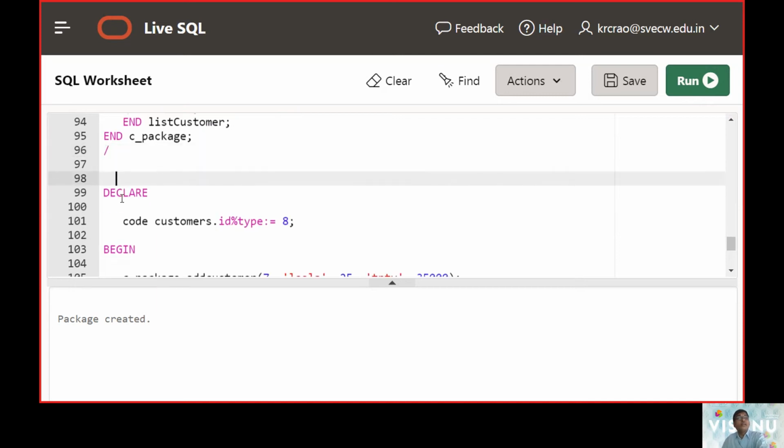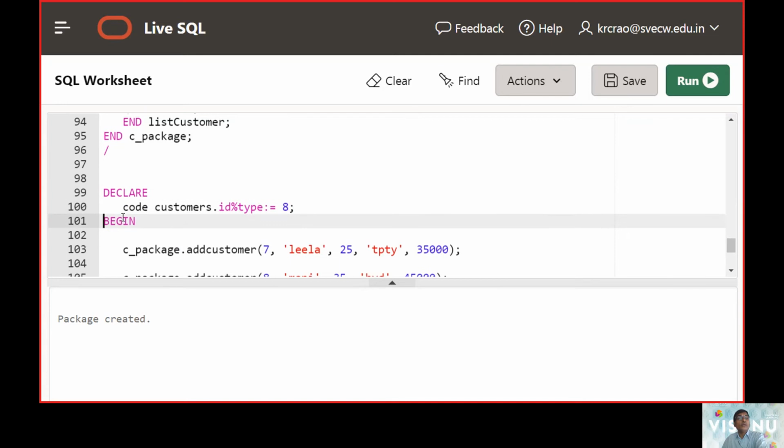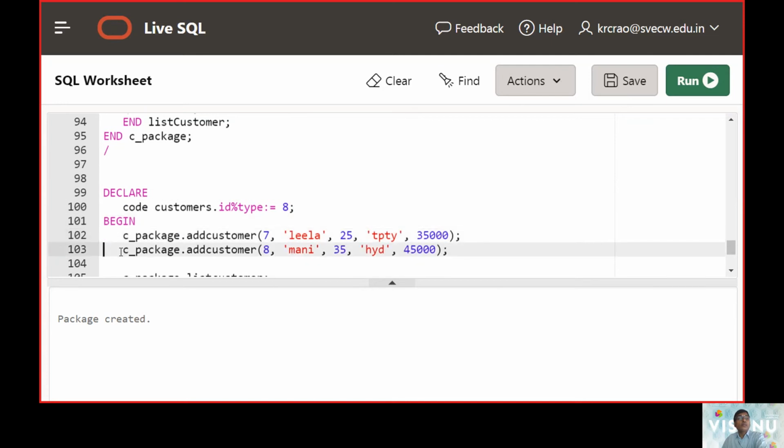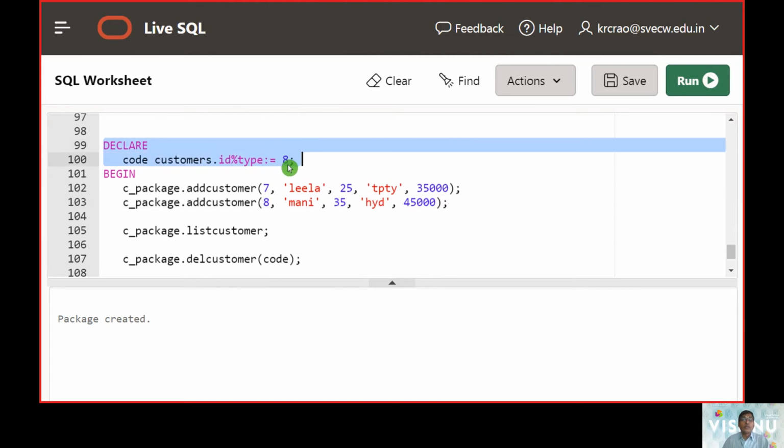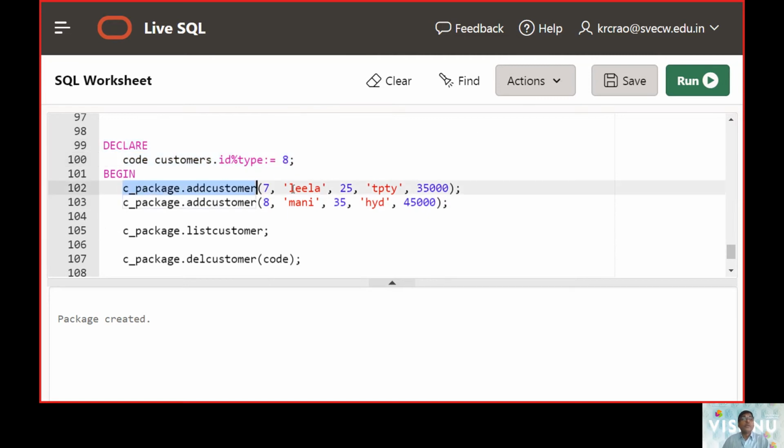After the procedure was done, next we will work with the main body. In the main body, we are making a variable called 8. Then we make two insert commands with ID 7 and 8, Leela and Mani, with Tirupati and Hyderabad, with salary of 35,000 and 45,000.